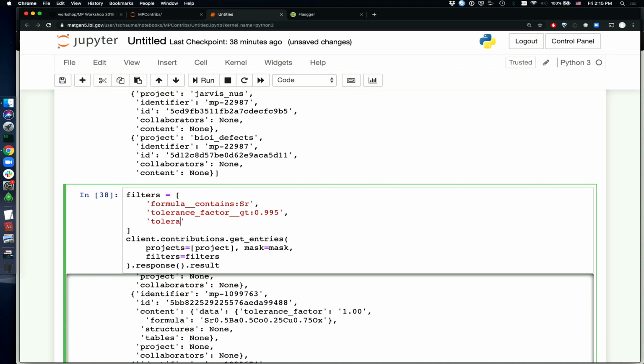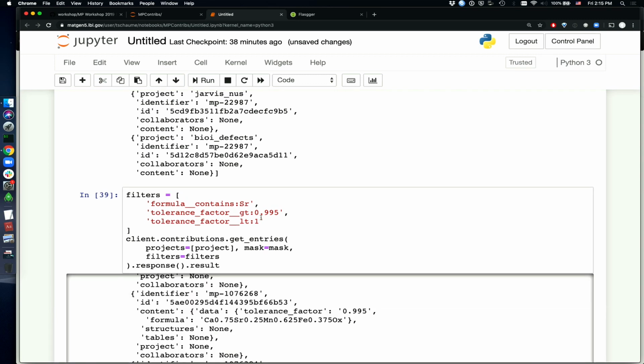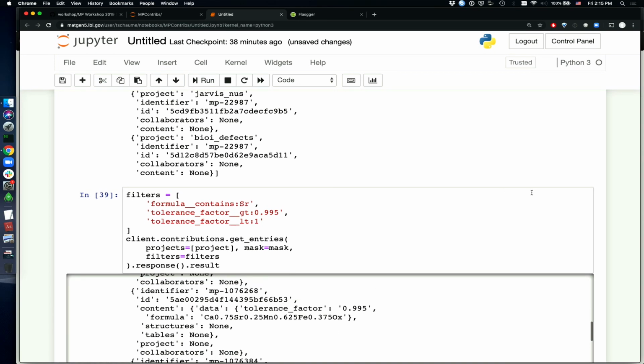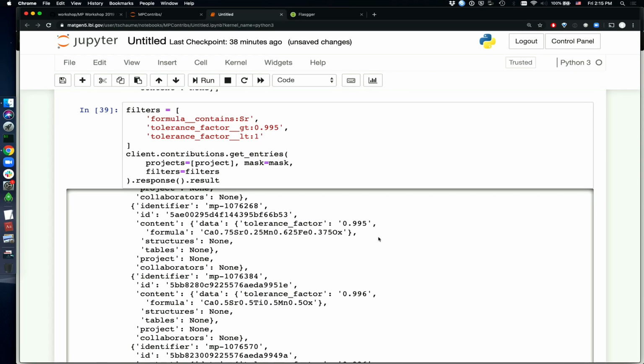So let's look also for a tolerance factor that is less than 1. So the query language is a bit different here for technical reasons, but it's equally easy to understand, I feel. You get the field first and then the operator second, and give it the value that you want to query on. And then if I reran that, you'll see that the tolerance factor for